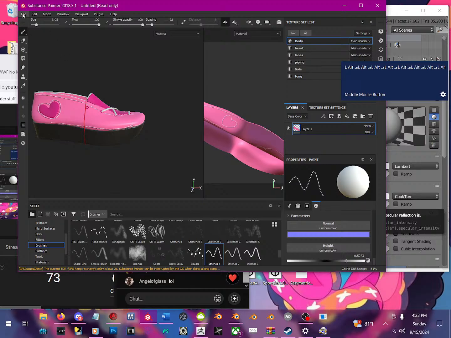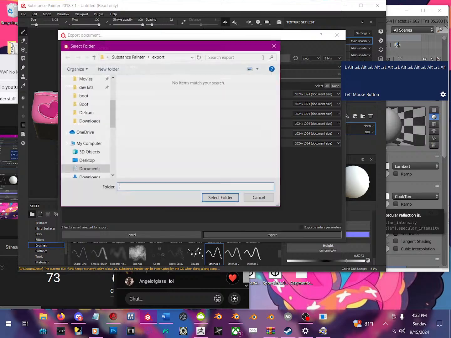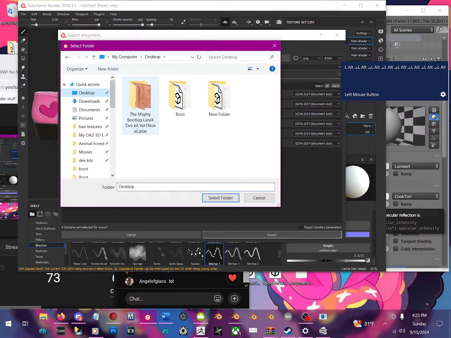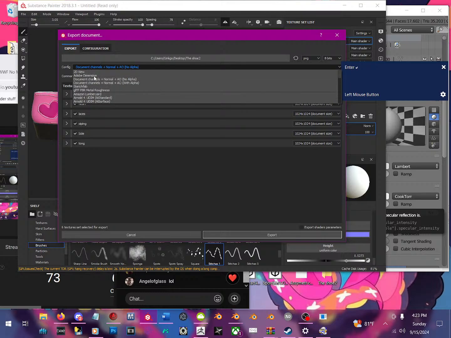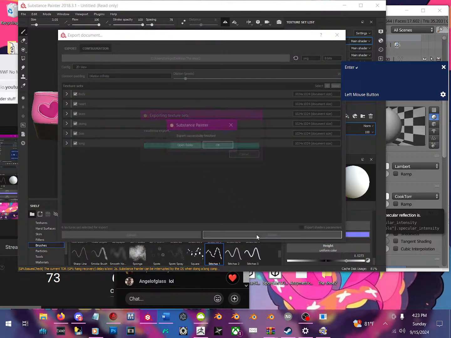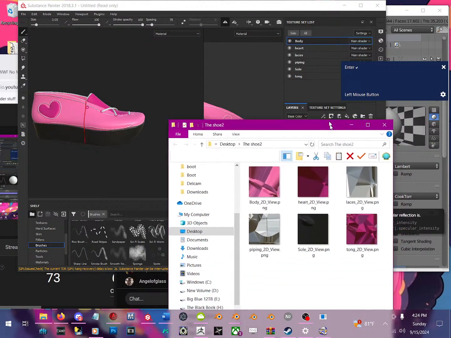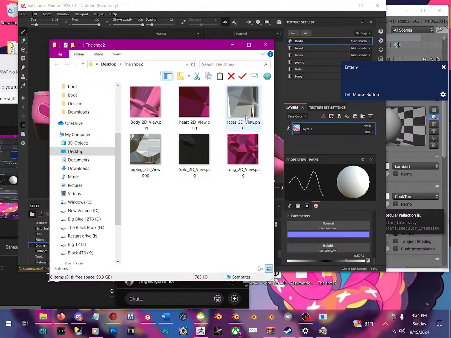So we're done. It's time to export the textures. So I want to go to my desktop, create a new folder for this, the shoe 2, and select that. And I like to do 2D view first, and then export that out, and then open the folder. So this is all the shading and all the rest of that junk that we have in here baked onto these textures that we colored. So that when we go back into,